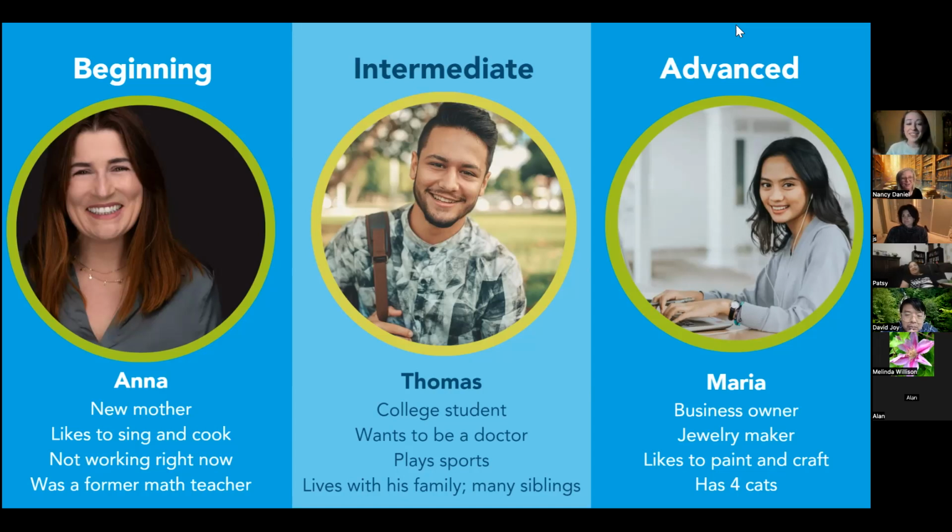Guess what? Anna does not have her own business, but she likes to cook. Guess what comes up a lot in cooking? Measurements and numbers. She might be more interested in doing something that has to do with family budgeting. Maybe if she were pretending to have an imaginary dinner party and she was trying to budget and come up with a menu for that. So within one class, you could be talking about numbers and finances and budgeting, but then whenever the students are working on the individual assignments, their individual homework, find ways to relate it back to them